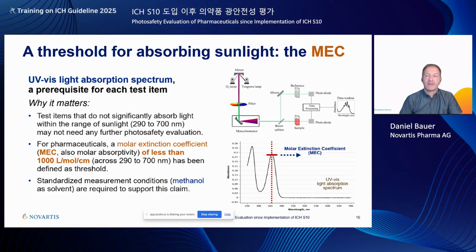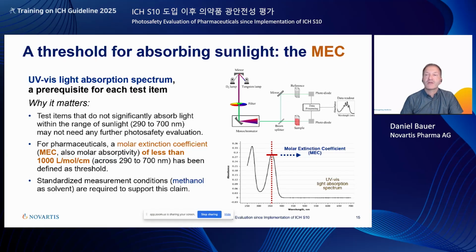to calculate the molar extinction coefficient, and this value should not be above 1000 liters per mole per centimeter. If it's not above 1000, you're done. Otherwise, you have to continue testing. And a side note, this measurement needs to be done under standardized conditions. It needs to be done in methanol. And then it can be used as an experimental piece to decide which way of photosafety evaluation